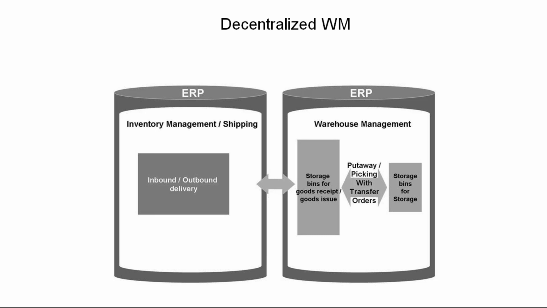The reason for this is normally your system performance or operational constraints or any other possibilities. Basically, you'd like to use a different instance for WM. In that case, we use an option called decentralized WM. We need to have an integration between these two instances. Once the data is created in one instance, let's say in ECC1, that data should get distributed to decentralized WM, which is the other instance. For this, we maintain the system integration and an RFC connection between the two systems. We also maintain distribution models, so that data gets distributed to WM. That's how decentralized WM works.